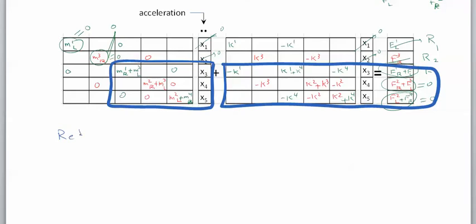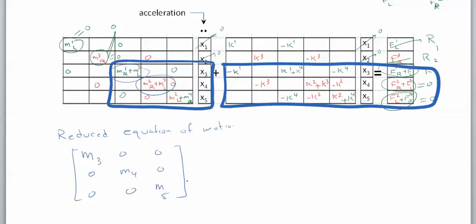So the reduced equation of motion. That thing is just the mass at node 3. This is just M3, 0, 0. This is just the mass at node 4. If you look at it, I assume that it's M4. And this is M5. Times the acceleration, x3 double dot, x4 double dot, x5 double dot,